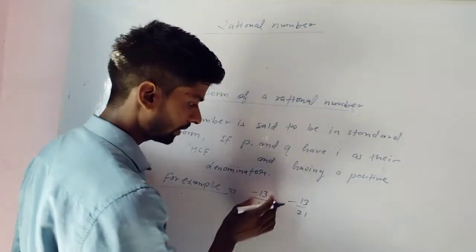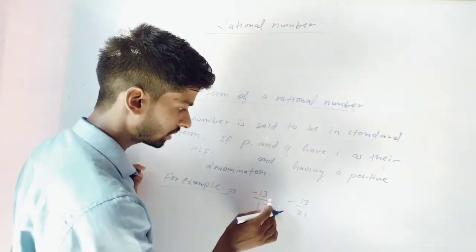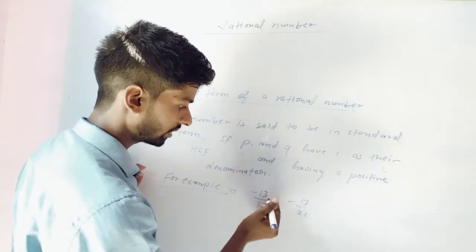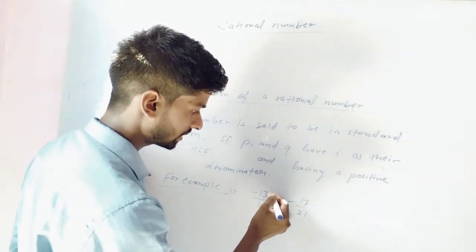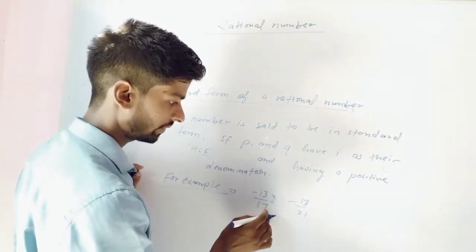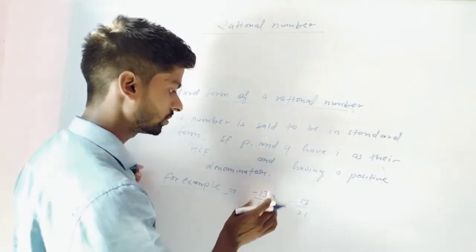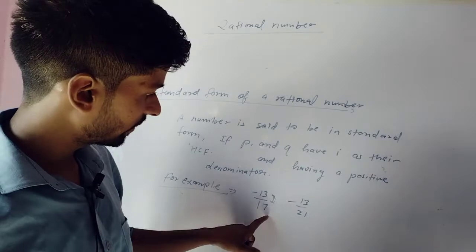So we are looking here that both numerator and denominator have only 1 as their HCF. We can see here 13 and 17 can be reduced only by 1, that is why their HCF is 1. So we can see here the HCF of 13 and 17 is 1,